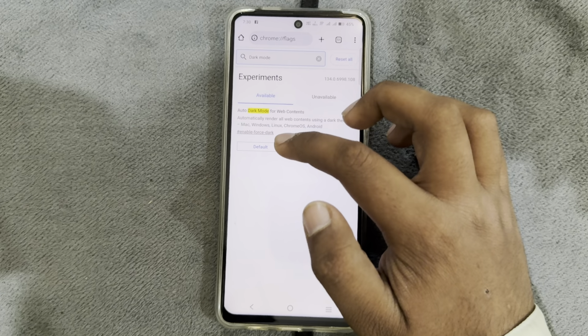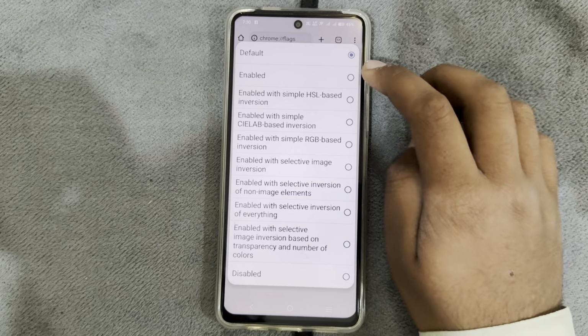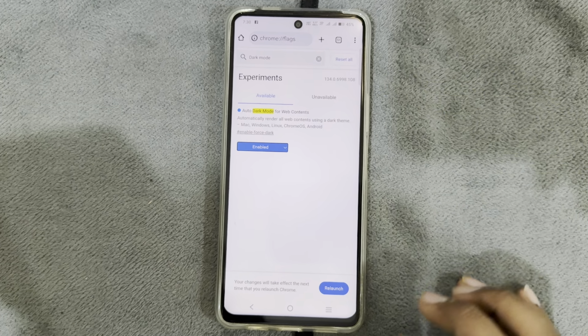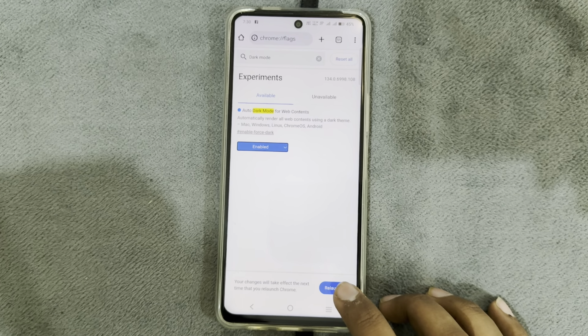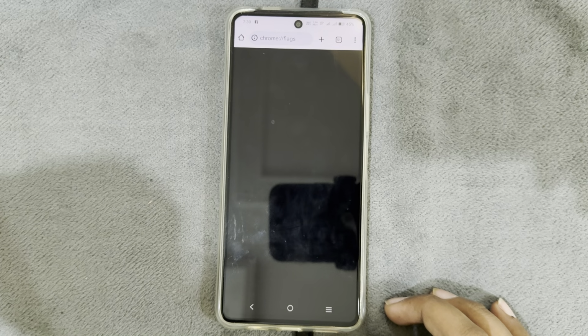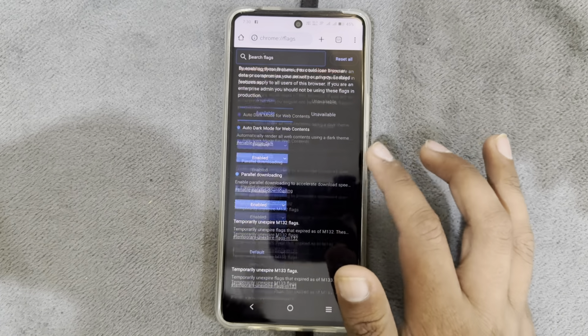You just have to tap on default and then select enabled. Now tap on relaunch, just tap on it, and now you can see I have successfully enabled dark mode in